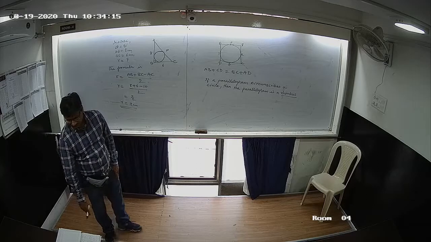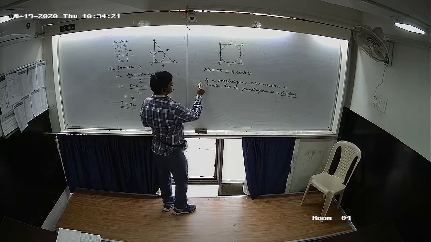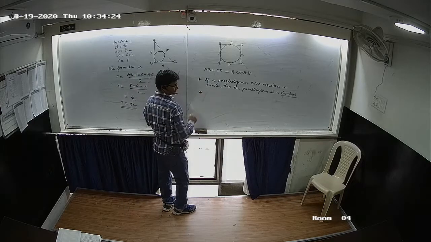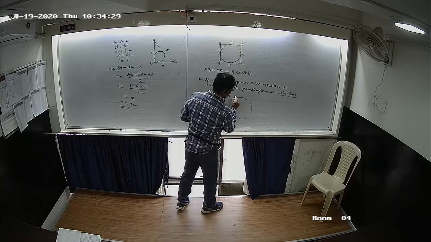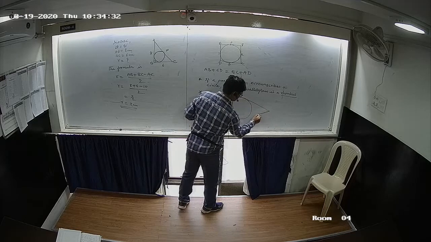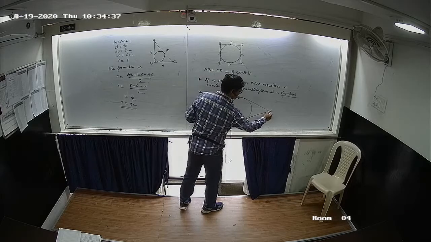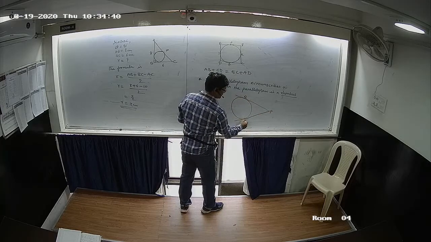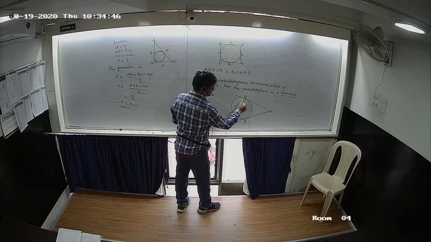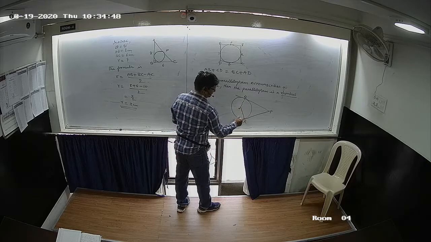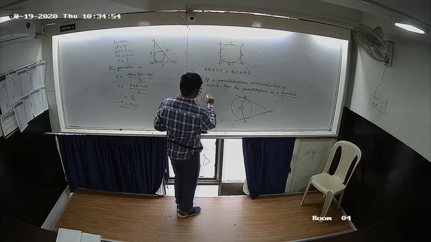And one more result is, if you see a circle and the tangents are drawn from a point outside the circle, the tangents PQ and PR, O is the center of the circle, joining OQ and OP. Then the angle